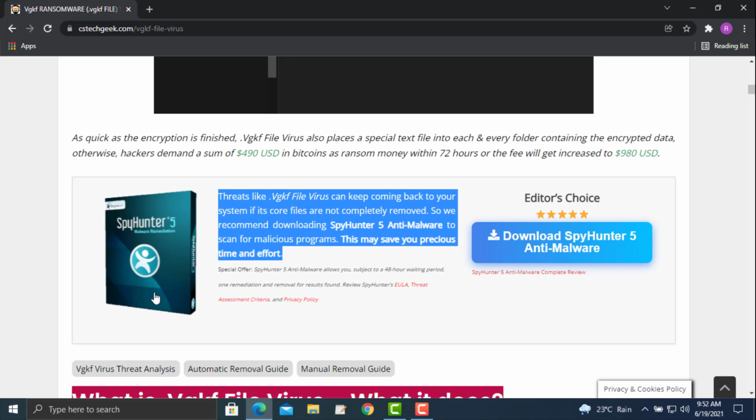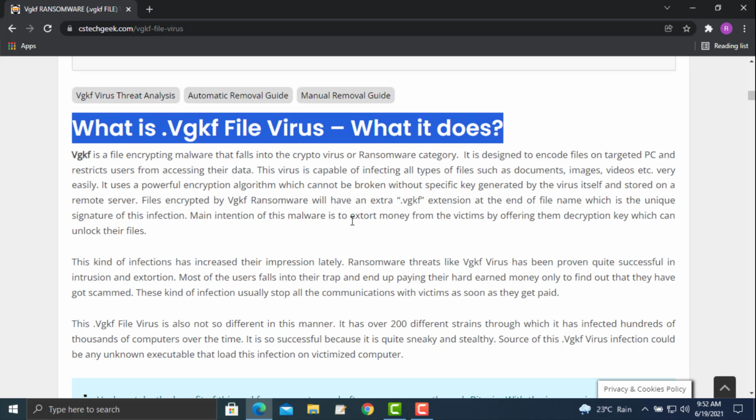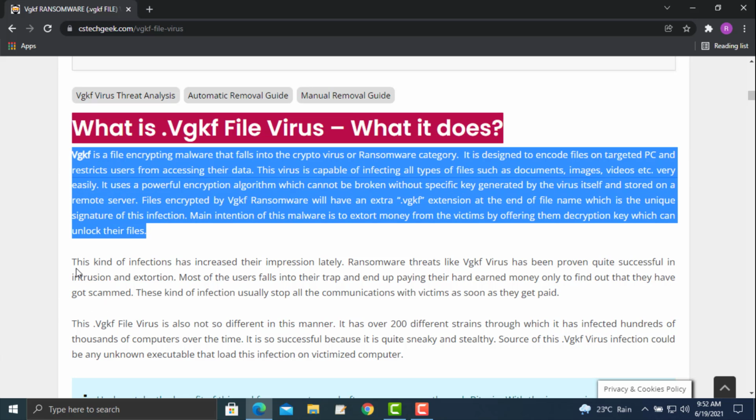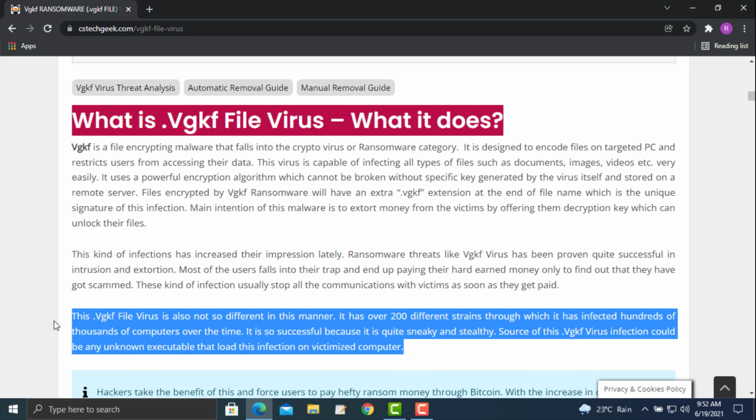Read all the details carefully mentioned on this website and download the automatic malware removal tool to scan your computer for hidden threats and malware. Remove all the threats from your computer at once and then download the recovery software and scan your PC for the files which can be recovered.